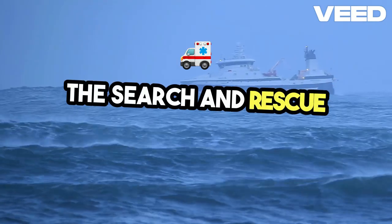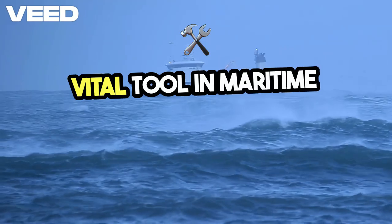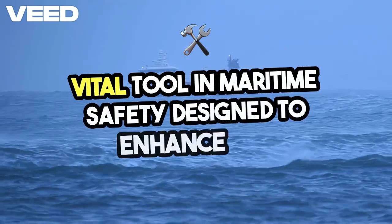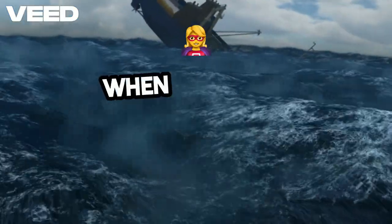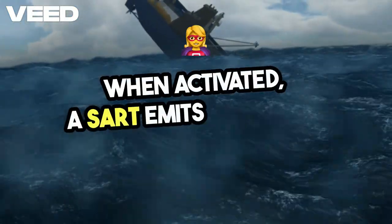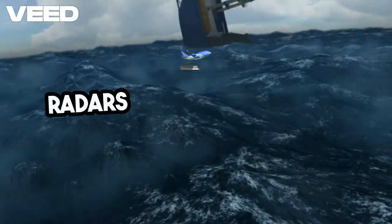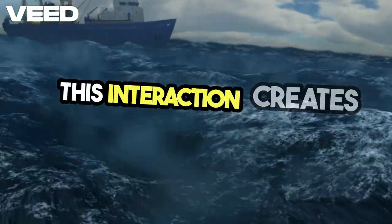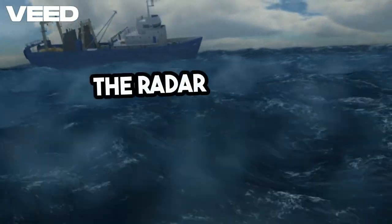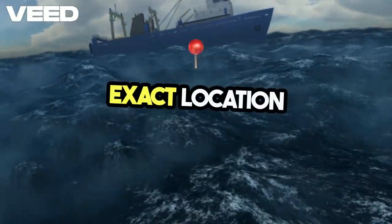The Search and Rescue Transponder, or SART, is a vital tool in maritime safety designed to enhance the chances of rescue during emergencies at sea. When activated, a SART emits powerful radar pulses that interact with the X-band radars of nearby vessels or aircraft. This interaction creates a series of dots on the radar screen, allowing rescuers to pinpoint the exact location of a